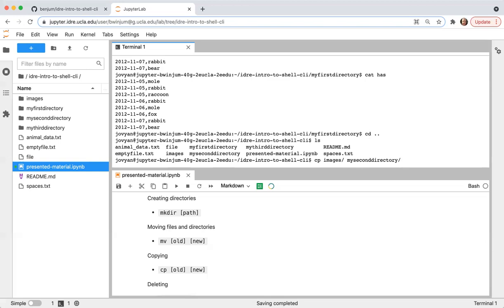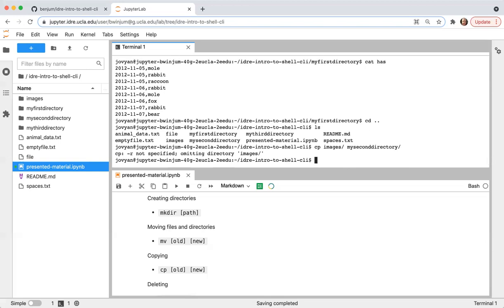Let's say I do something like this. It's going to complain because copy is good for files, and if I haven't specified an entire list of files here, it doesn't really know how to interpret what I've done.